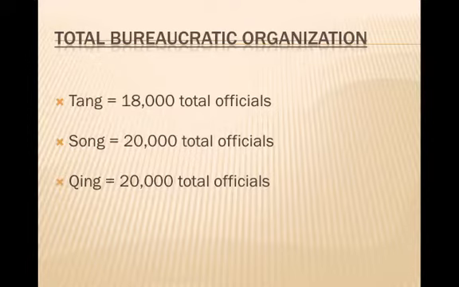The same was true for the total number of officials. We have pretty good numbers going back to the Tang Dynasty in the 9th century, and there were around 18,000 officials then. About 300 years later, the number had only grown to about 20,000 under the Song Dynasty. And the Song Dynasty is a key period for the development of the Chinese imperial bureaucracy because this was when the examination system was formalized and made the primary method for selecting and promoting scholar officials.